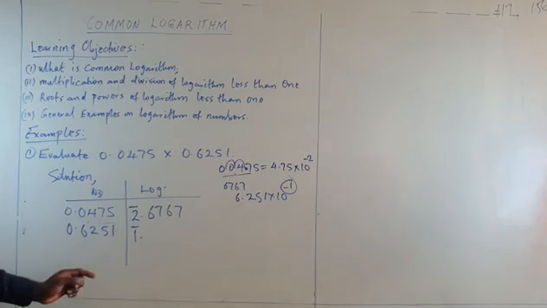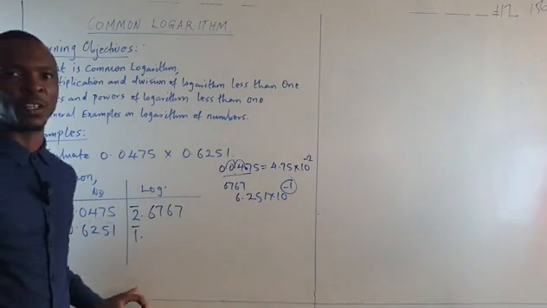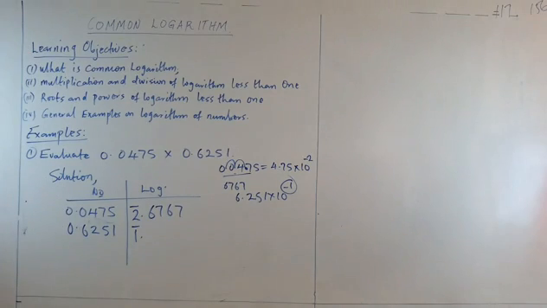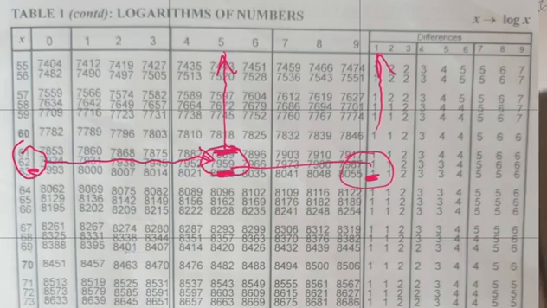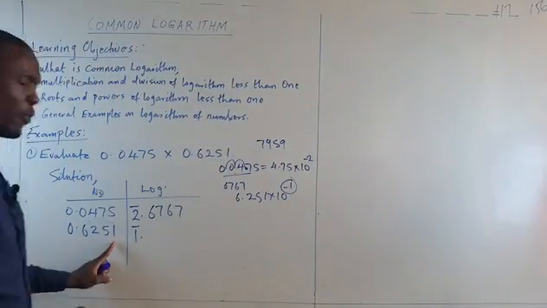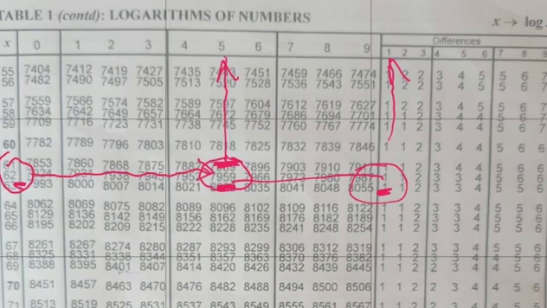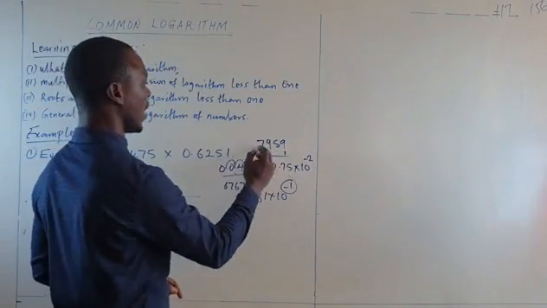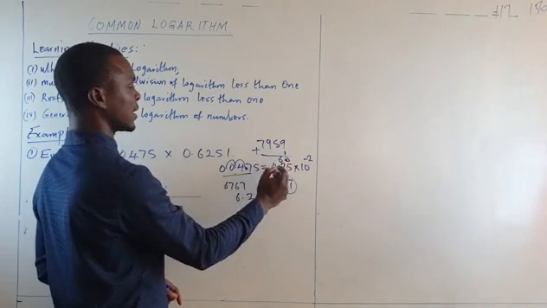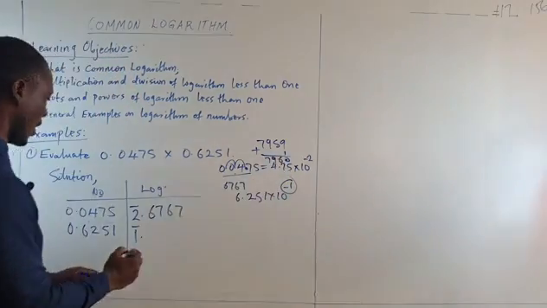So you now look for logarithm of 62 under 5. Logarithm of 62 under 5 gives us 7959. But difference of what? Difference of 1. So difference of 1 is 1. So we are going to add it to this. So we have plus, so it's 0, 6, 9, and 7. So we have